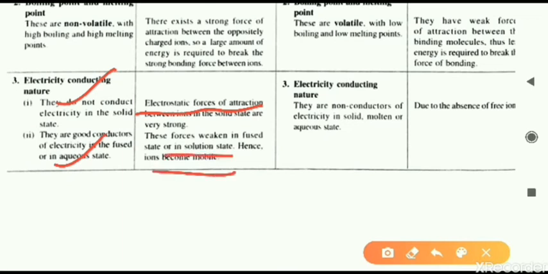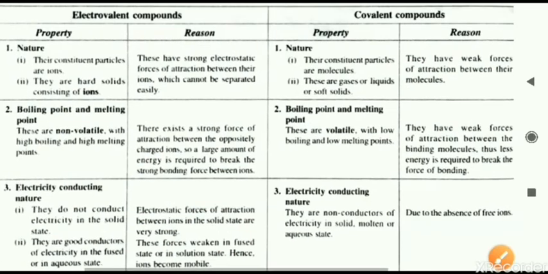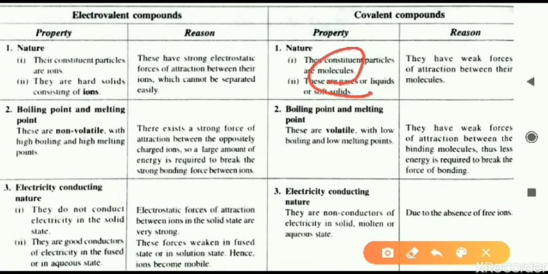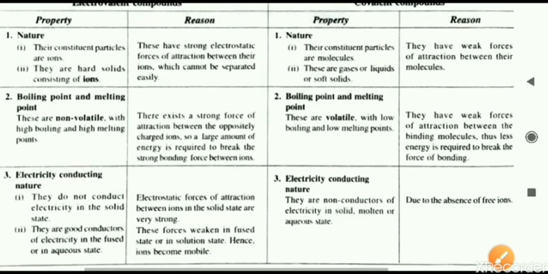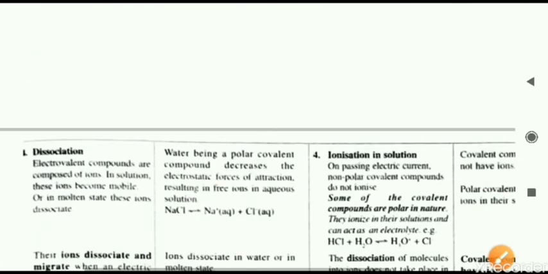On the other side, covalent compounds don't conduct electricity. What is the reason? The reason is the first point. In the first point, we have seen that these are made up of molecules, and molecules will never conduct electricity. Molecules do not have positive or negative charge, so there is no presence of ions. Here it is written in the book, the reason is due to the absence of free ions. The ions are not present here. As a result, covalent compounds will not conduct electricity. That is three properties we have seen.